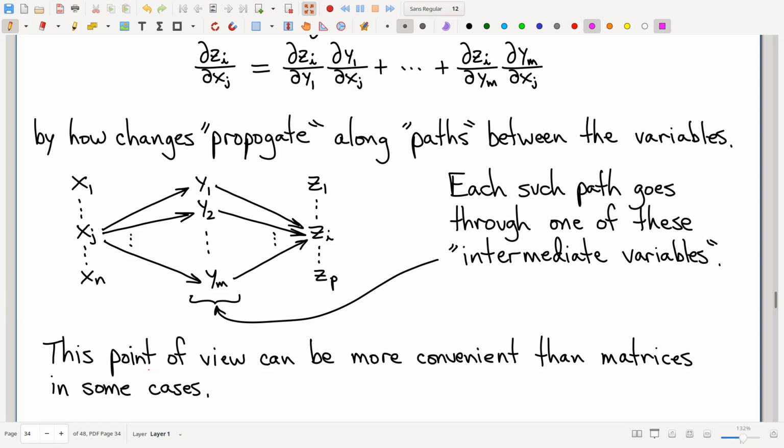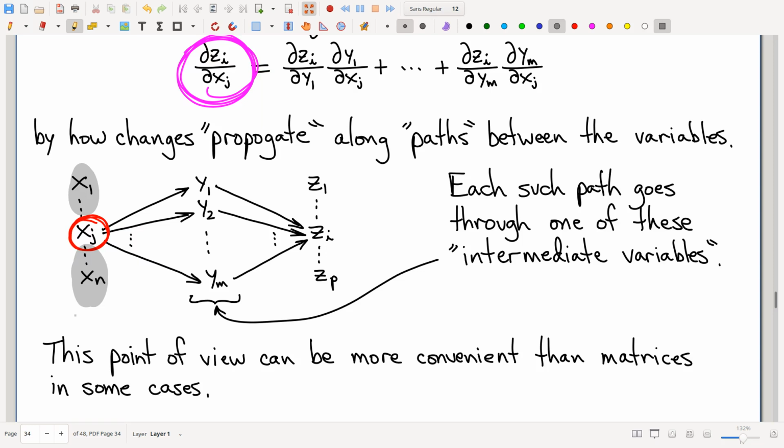Let's consider a scenario where we're computing this partial derivative. So we're taking the partial with respect to xj. So xj is allowed to change. But it's a partial derivative, and so that means that all the other x variables are constant. Let's think it through, looking on the diagram, what actually happens with all these other x variables constant. If I jiggle xj a little bit, just allow xj to change just a bit,